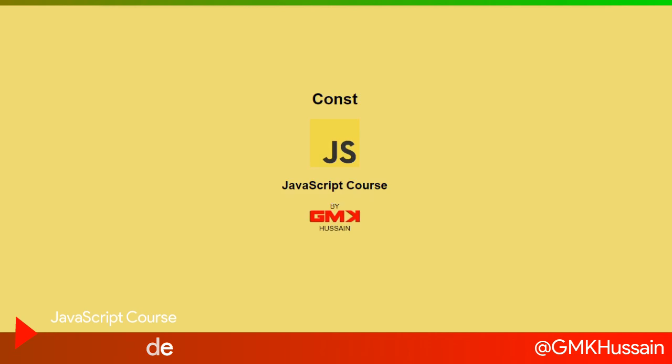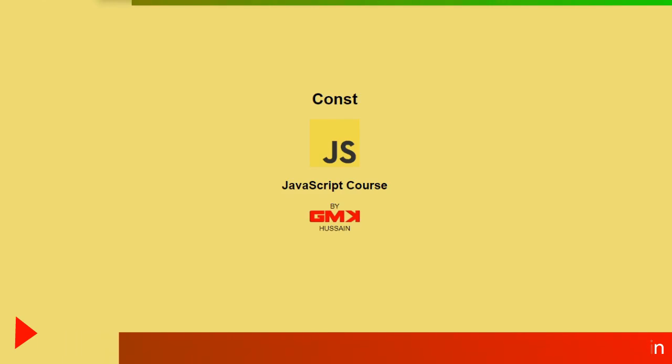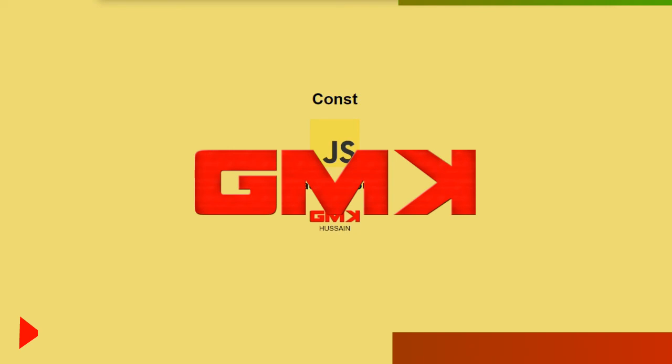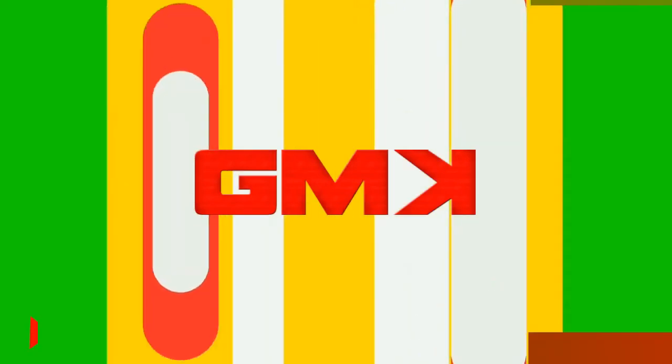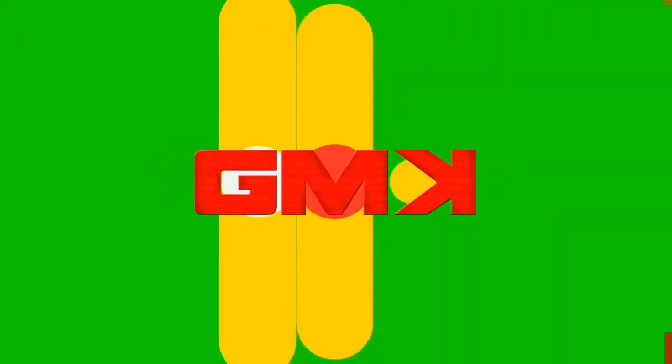JavaScript course series. Const is short form for constant variable. We are using const to declare constant, unchanging variables instead of let or var. We already covered let in our previous video. In this video we will learn how we can use const variables and when we use